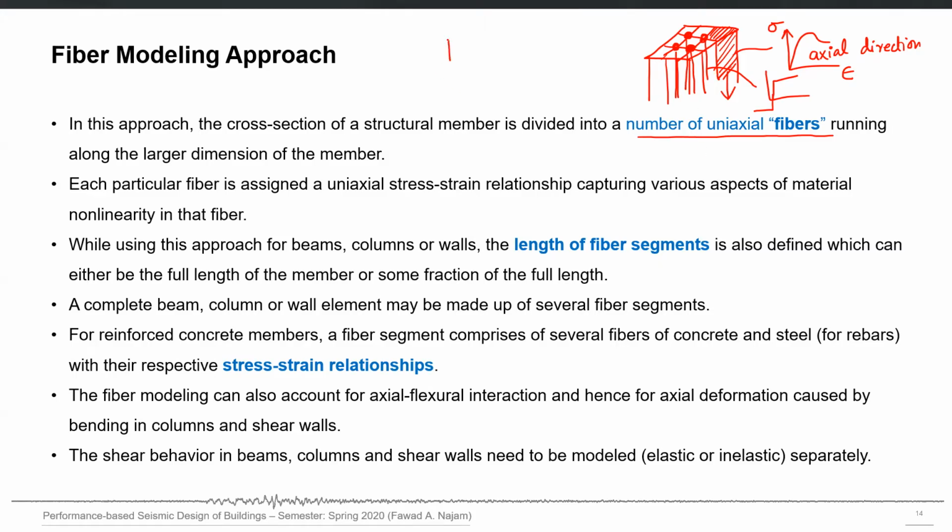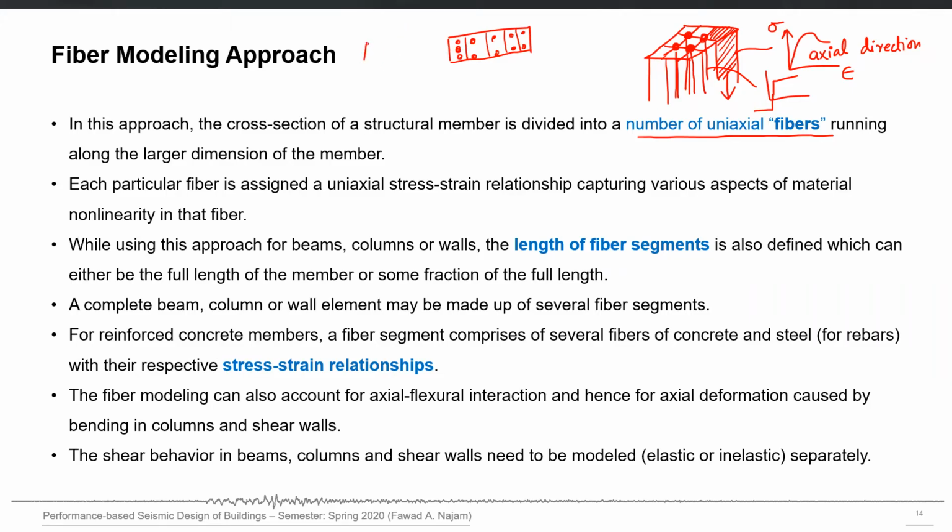This approach can be applied to a shear wall also. Say this is my shear wall cross section in plan view. There can be certain rebars in my shear wall, for example, like this. I can slice this cross section along this direction, and each fiber runs along the length.